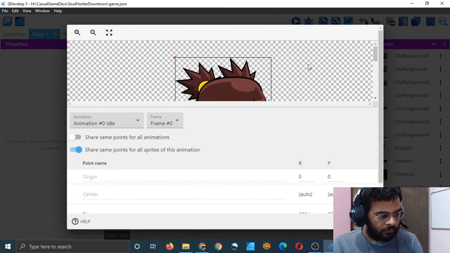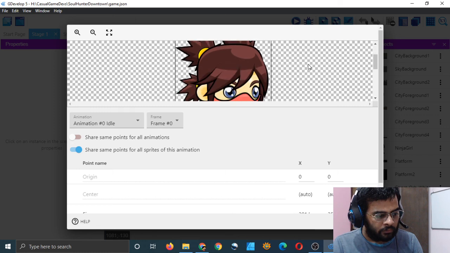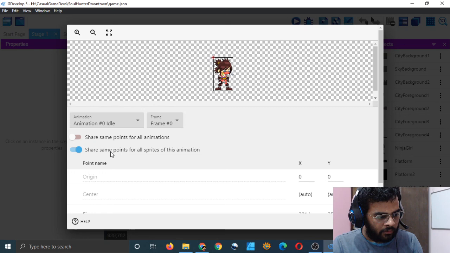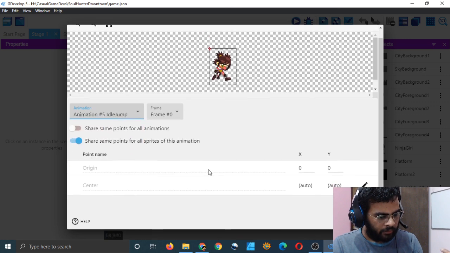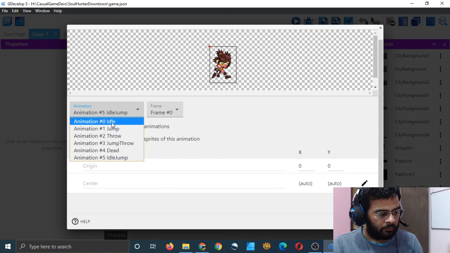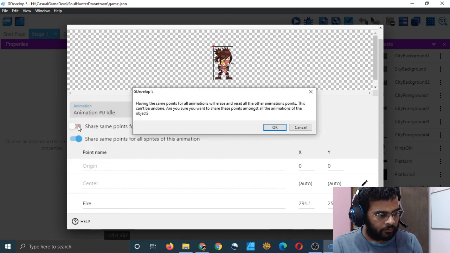Okay, points are same for all. I am at the idle animation actually. Share same points for all animations. I think I should do that. Let me see what I have on dead animation. I do have it. Let's see what I have on idle jump. I don't have a fire point on idle jump, so I have to do that.